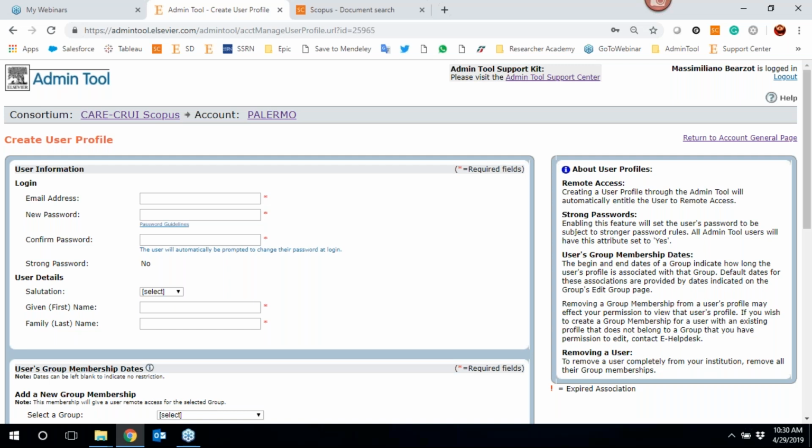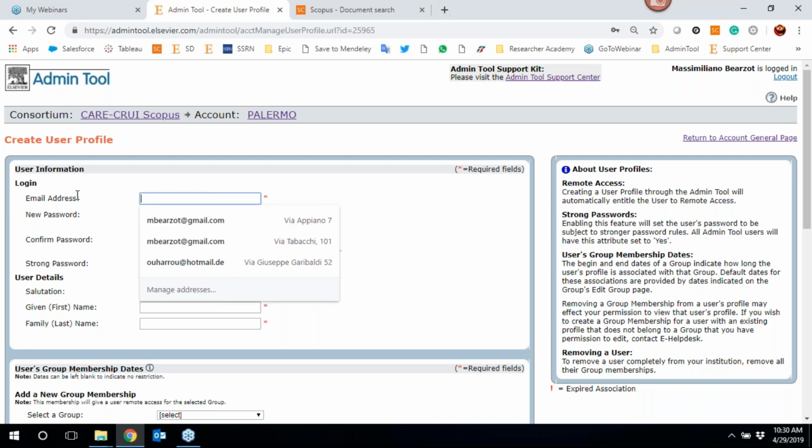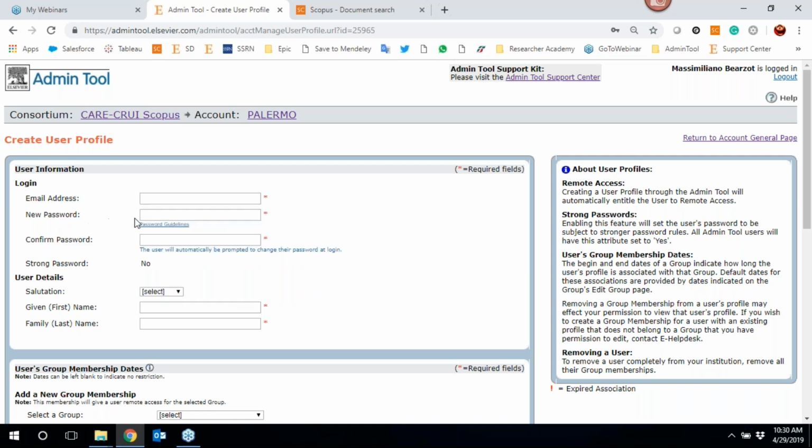So you can put their email address here. You can set up the new password and confirm the password. In this case, the strong password is not mandatory. You can put a salutation here, dear Dr., Miss, Mr., Mrs., and so on, first name, family name, and then you can decide to add this user